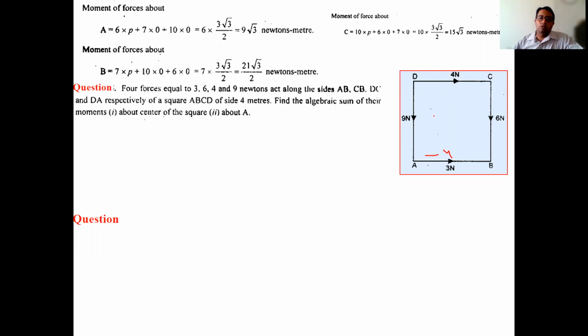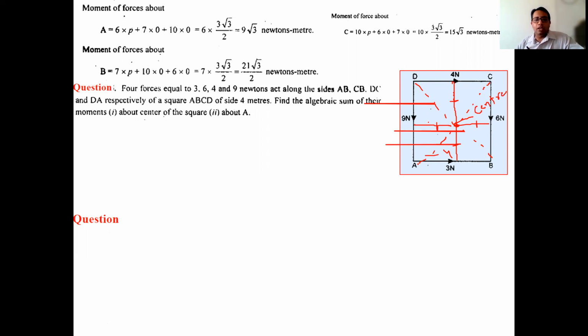So now, what has been said about the center of the square? How do we determine the center? Whenever we join the diagonals of this square, we get an intersecting point. This is called the center of the square. From the center, you can see this distance, this distance, this and this. All these 4 distances will be equal.